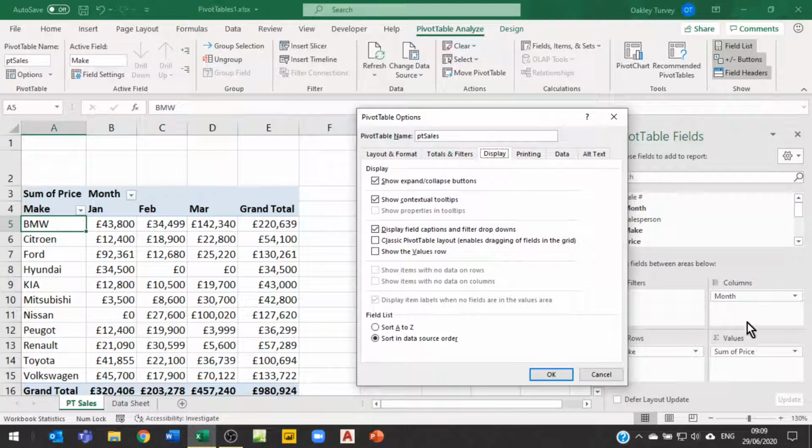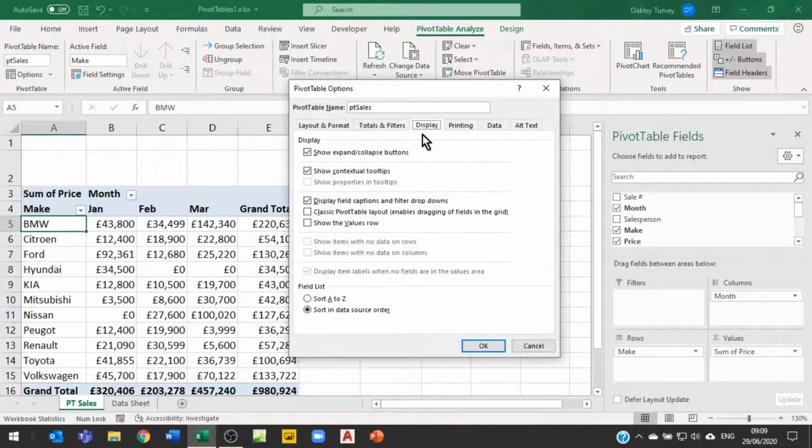The new way of doing it is dragging it over here. Most people have now got used to this. When it first came out, everybody was switching back to the classic view because that was the one that they knew how to use. Now the other option we have here within display is the sorting list for this list